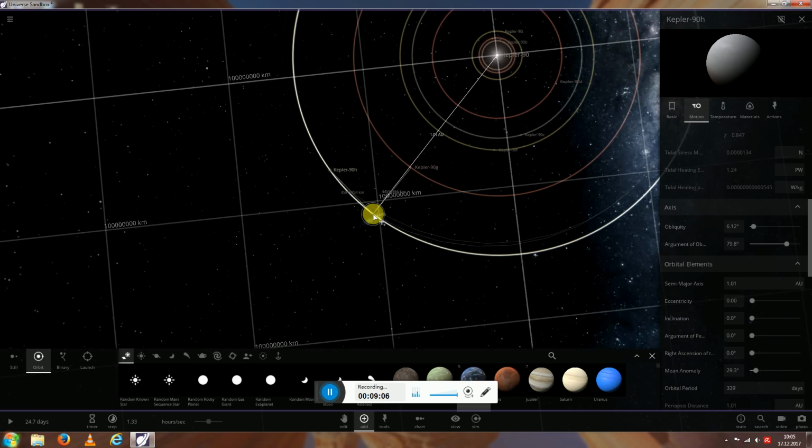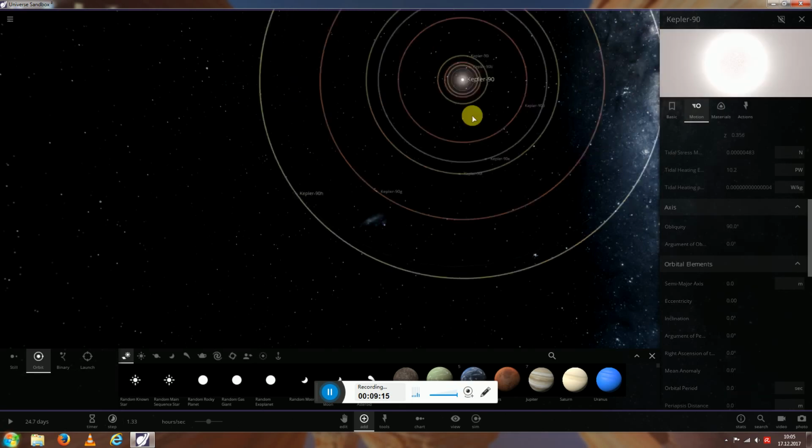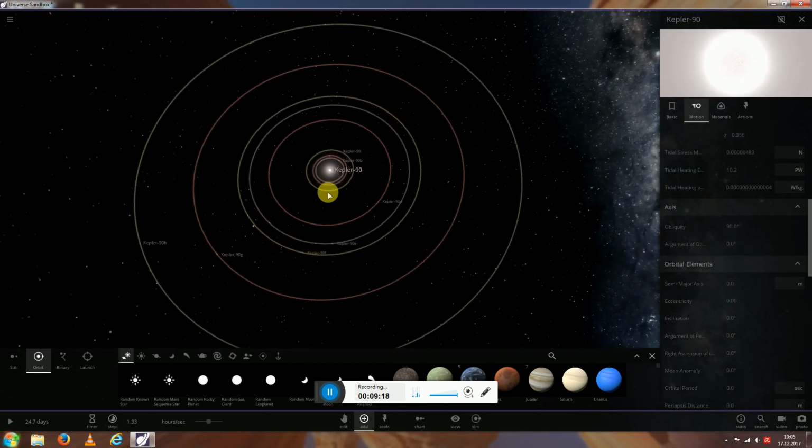Basically about 150 million kilometers from Kepler 90, which means that all the other 7 planets are